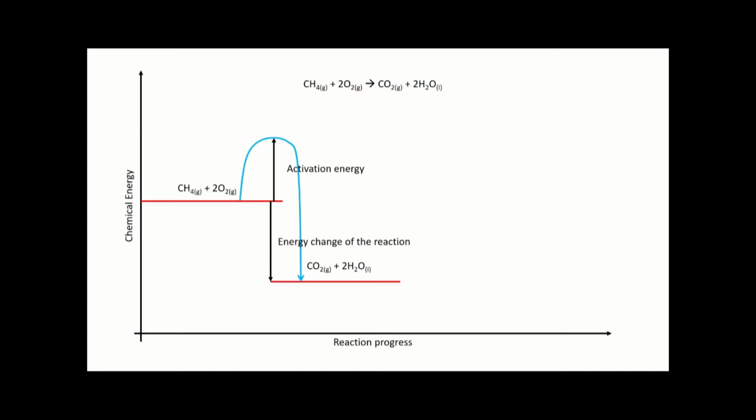Let's look at how exothermic and endothermic reactions can be caused in just a little bit more detail. Here's an energy level diagram for an exothermic reaction, and we've got the equation at the top. This is the combustion of methane, and we've talked about how the chemical energy changes in the reaction and how that's related to whether it's exothermic or endothermic, and we talked about the activation energy being required to set off